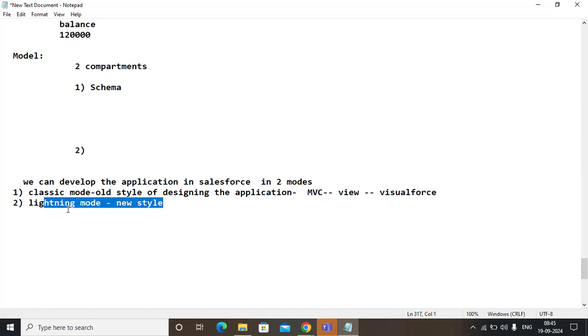But later on, Salesforce company developed their own mode called what? Lightning mode. That is a new style of developing the application. It completely follows SPA architecture. What is this? SPA. What is SPA here? SPA stands for,